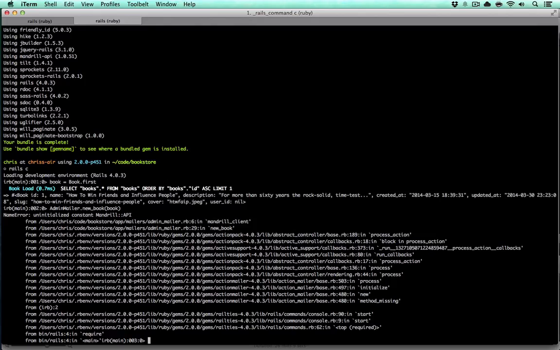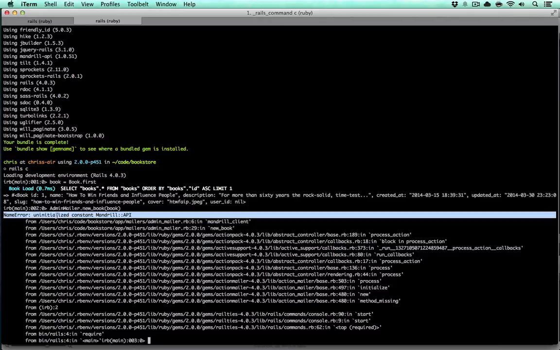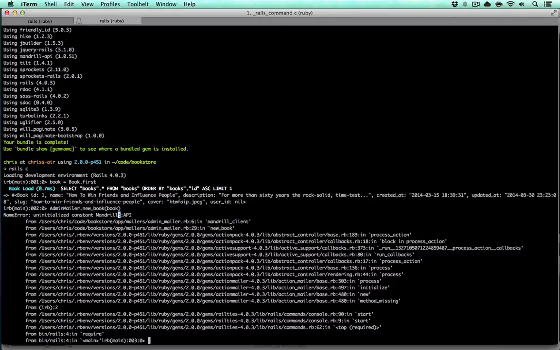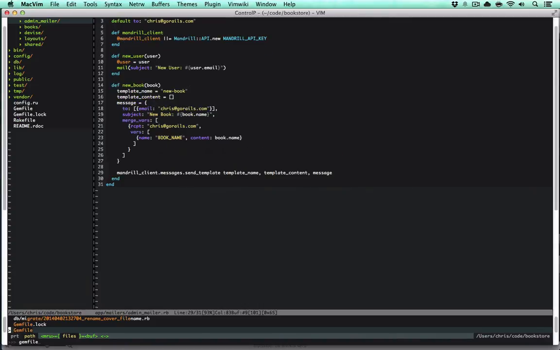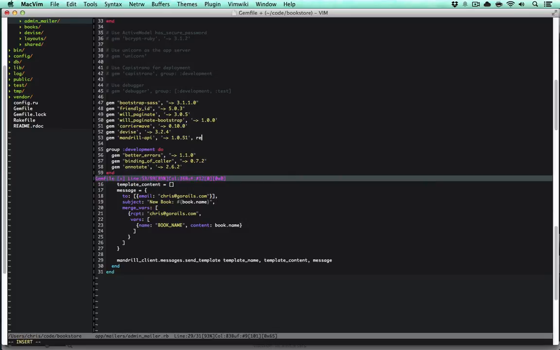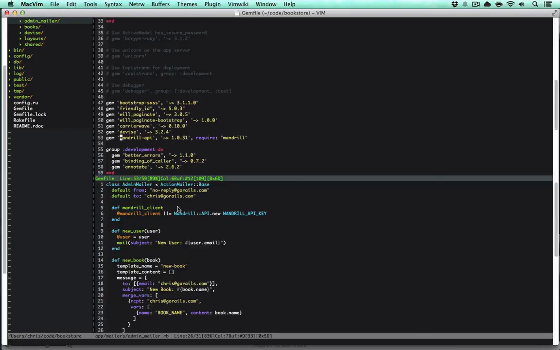So we can just simply run this, and we see that we ran into a problem called uninitialized constant MandrillAPI. Now, this is because the Gemfile that we have needs to call an option called require: Mandrill. Now they named the gem mandrill-api, but the module inside of it is actually called Mandrill. And we can see that when we call this Mandrill API. So by default, the gem will require mandrill-api, but since the name doesn't match, you have to add this